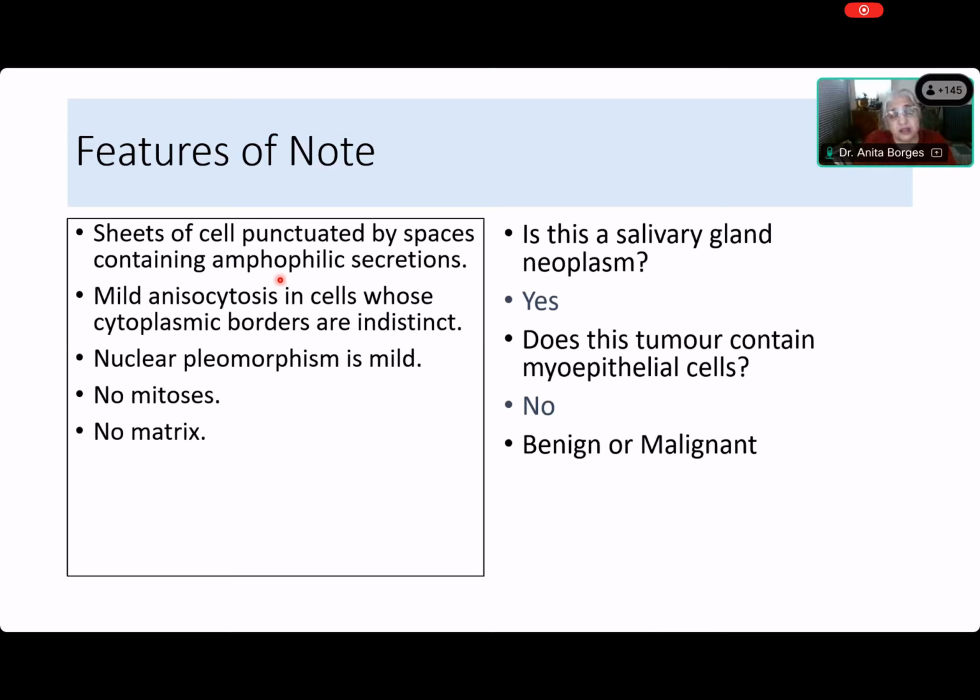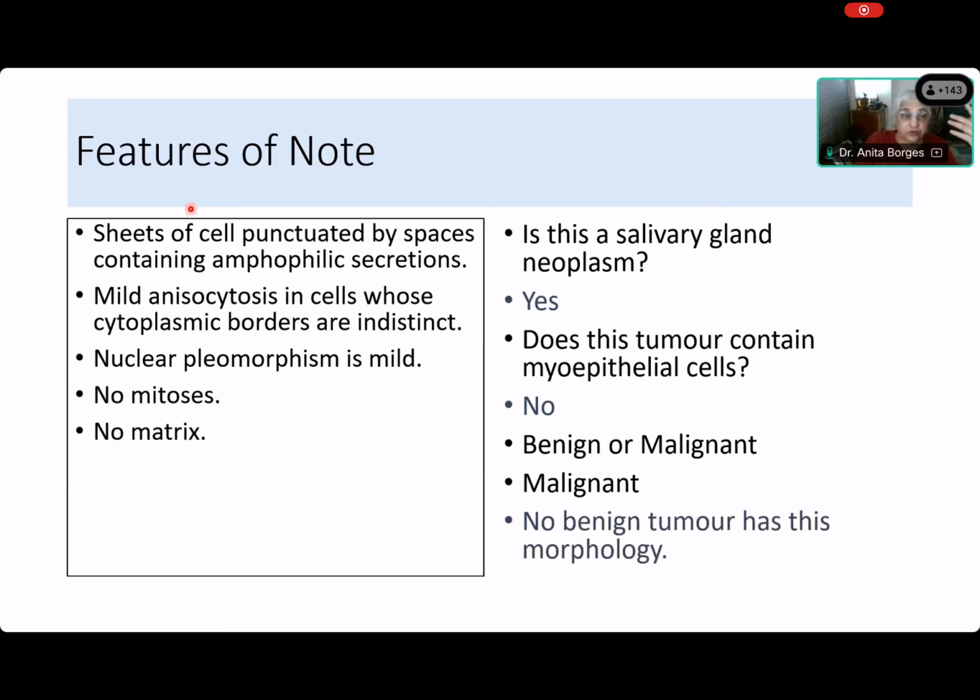You do not require immunohistochemistry or anything. You just know, are there myoepithelial cells or not? If there are myoepithelial cells, then it rules out all the ones that we just talked about. Then it goes to pleomorphic adenoma, adenoid cystic carcinoma, myoepithelioma, polymorphous low-grade carcinoma, and so on. Now this is not benign, because the only benign tumor that doesn't have myoepithelial cells is what? The Warthin tumor. Excellent. So it has to be malignant. And there is no benign tumor that has this morphology.